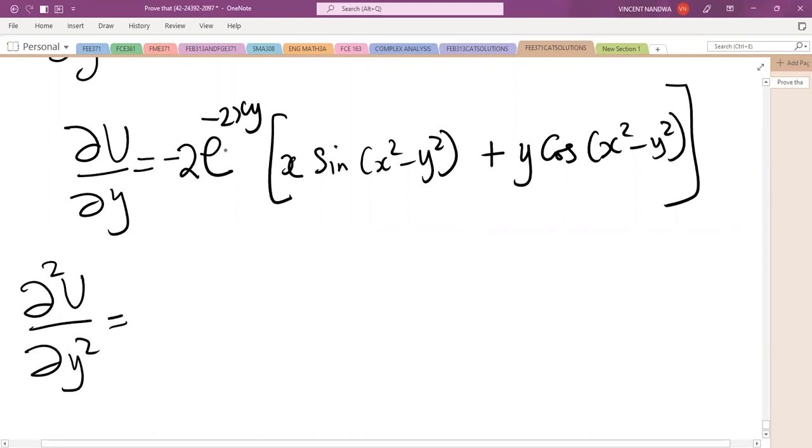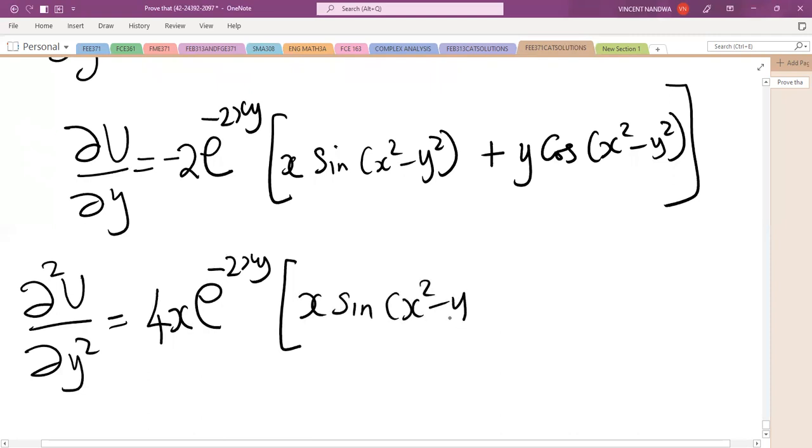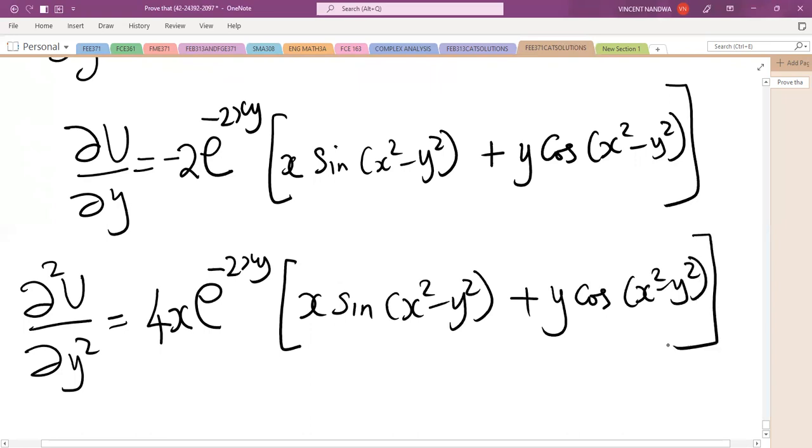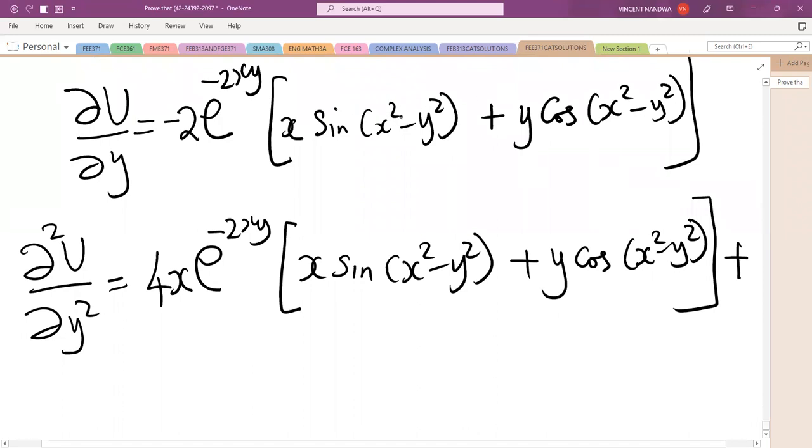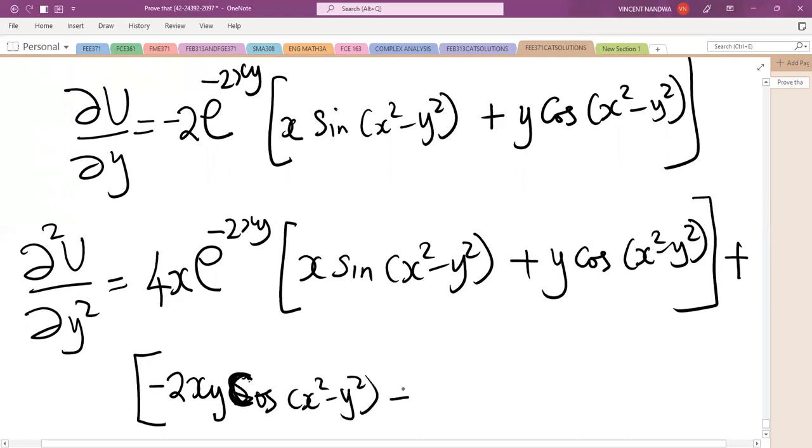So this with respect to y, I'll get now 4x e raised power minus 2xy into x sine of x squared minus y squared plus y cos of x squared minus y squared, and then plus, the derivative of this function with respect to y, this first part I'll get minus 2xy, and then cosine of x squared minus y squared, and then plus this part here I use product rule, so I'll have cos of x squared minus y squared,